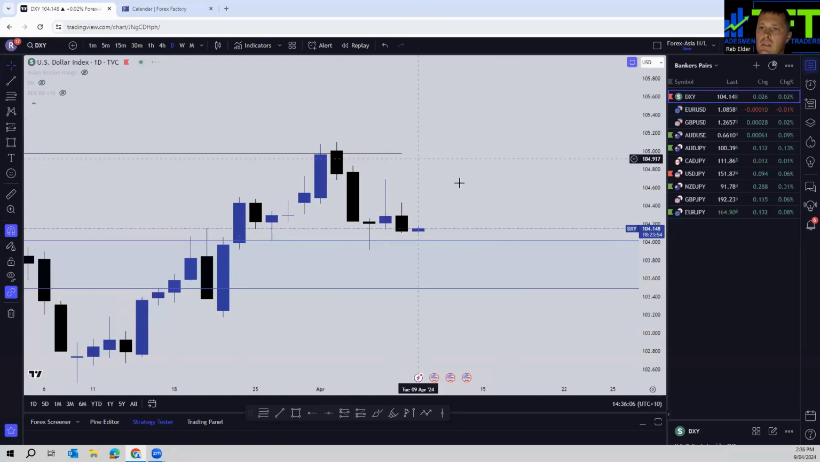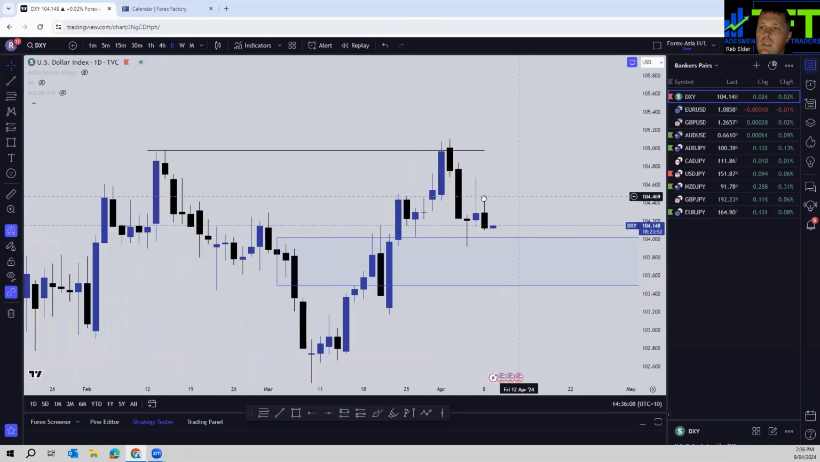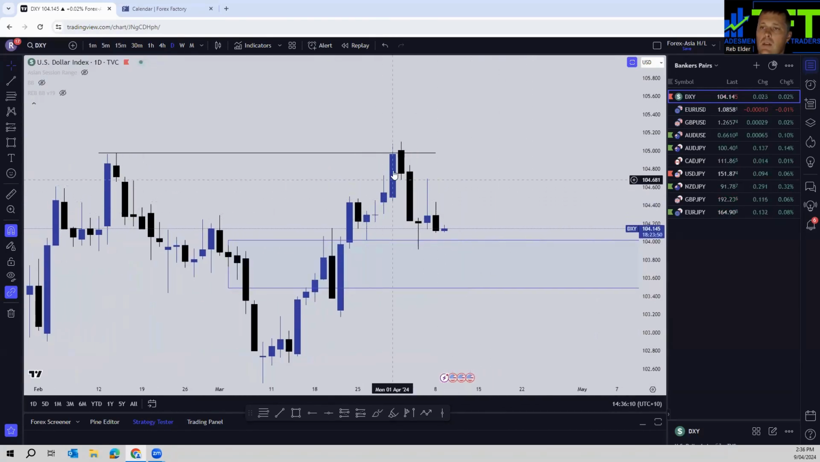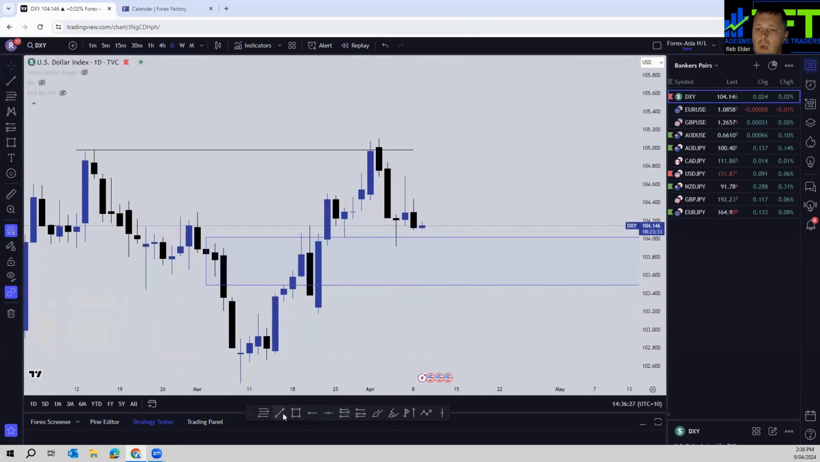Now, if we come down to the daily time frame, we can see here that we had that push up into taking that monthly high. We've pulled back down. We've had that rejection, and now we're sort of caught in the middle here. So basically, we have at the moment our current